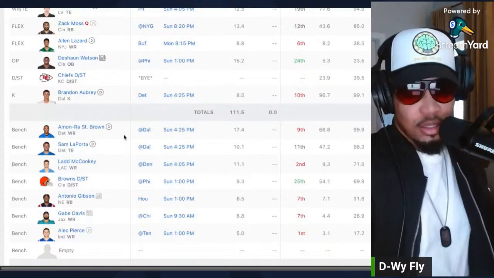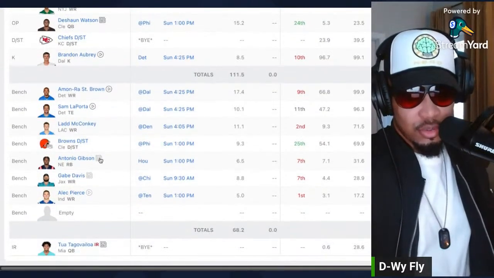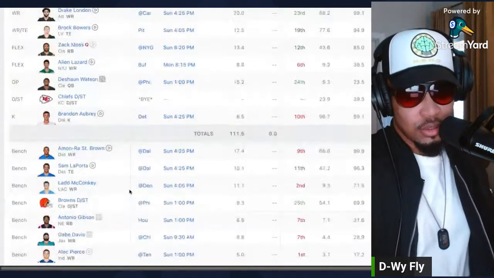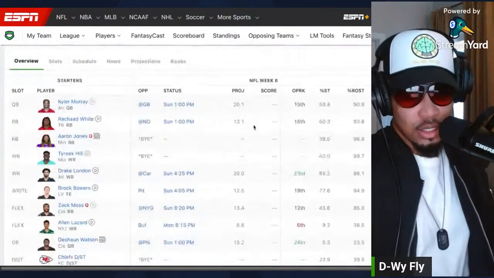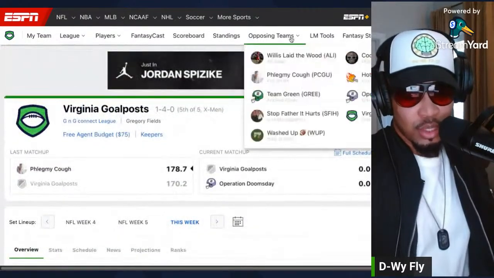He's got the Sun God and Laporta, Antonio Gibson, and 2 on IR. So maybe they can put it together. But you see why he's 1-4 right now, because his team's just not performing up to par.